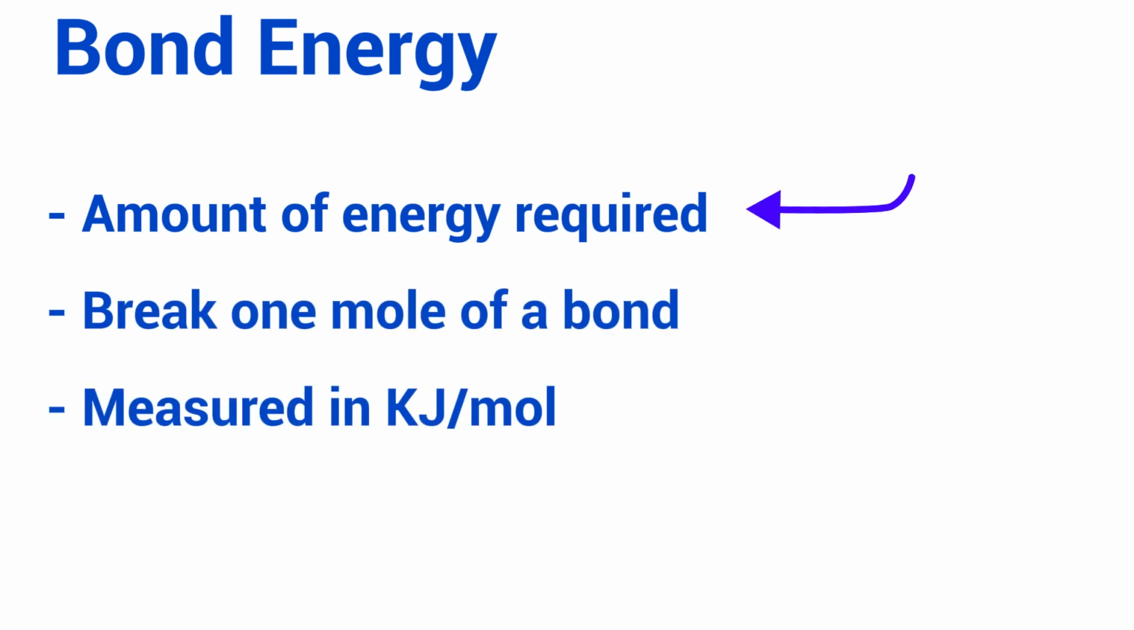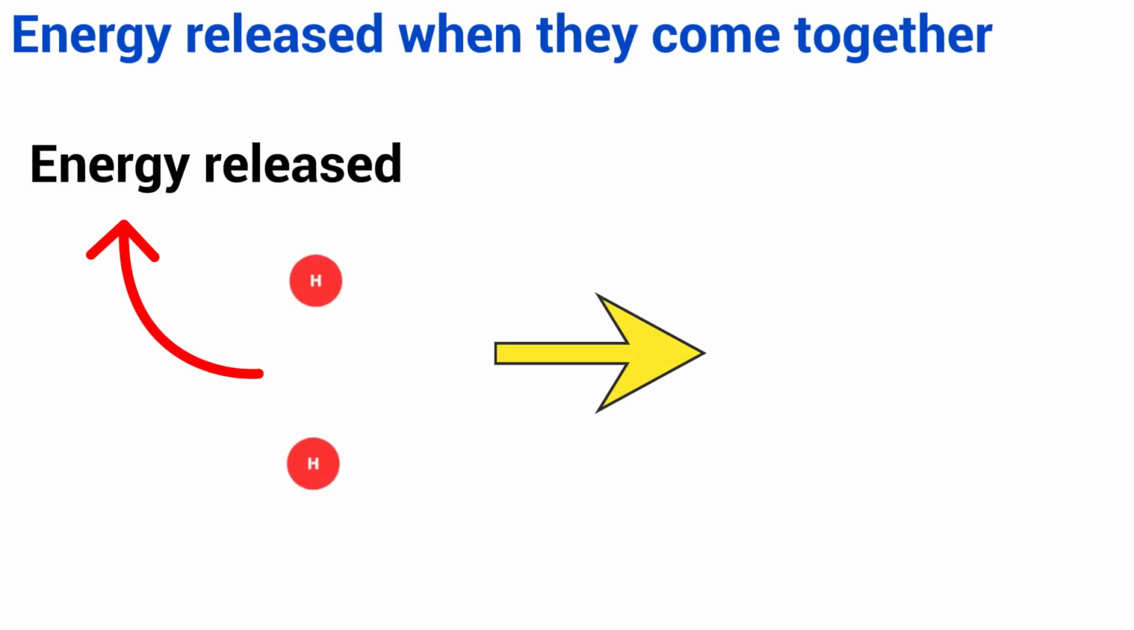Today we're diving into an important concept in chemistry, bond energy calculations. So, let's get started. What exactly is bond energy? Well, bond energy is the amount of energy required to break 1 mole of a bond in a molecule. It's measured in kilojoules per mole. Simply put, it's the energy you need to pull atoms apart, or conversely, the energy released when they come together